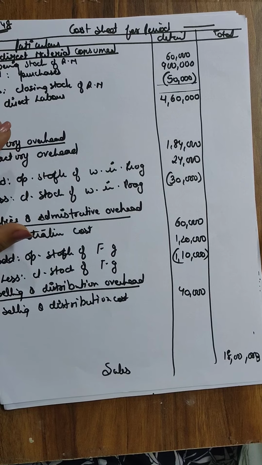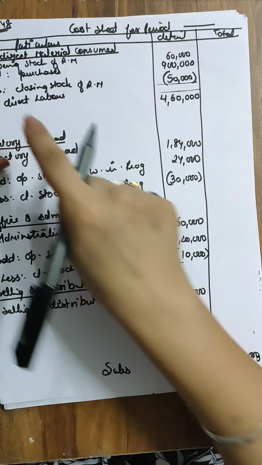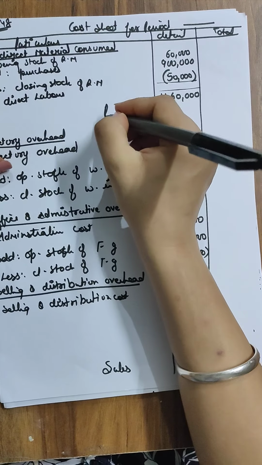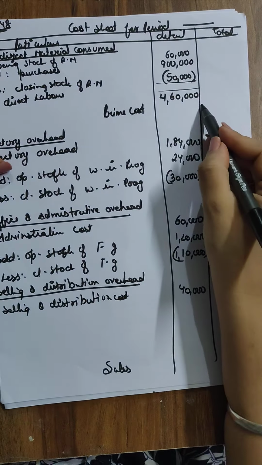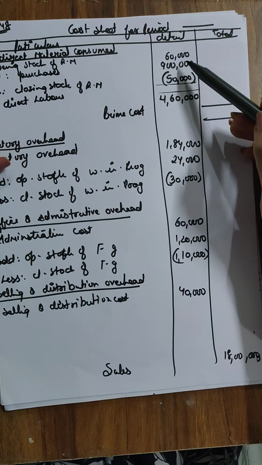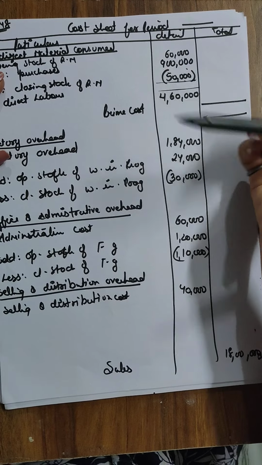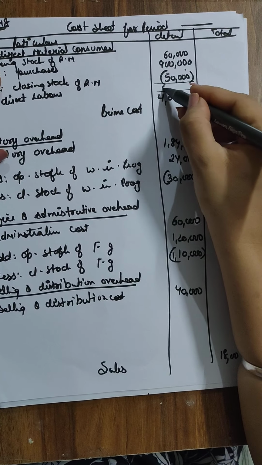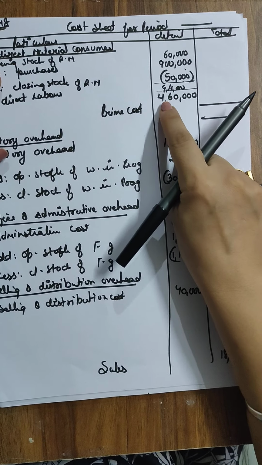So with this we have transferred all the things, and now I have to calculate the totals. Here I have to calculate the prime cost. We are not given any kind of direct cost, so this will come over here. So 60,000 plus 9 lakh minus 50,000 will come as 9 lakh and 10,000. In the 9 lakh and 10,000 you have to add 4 lakh